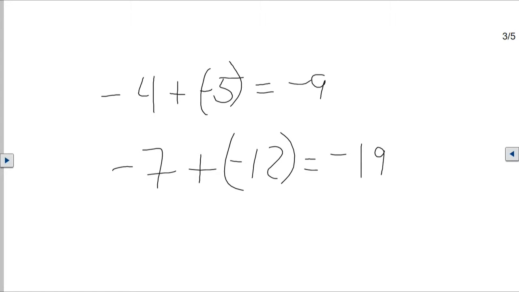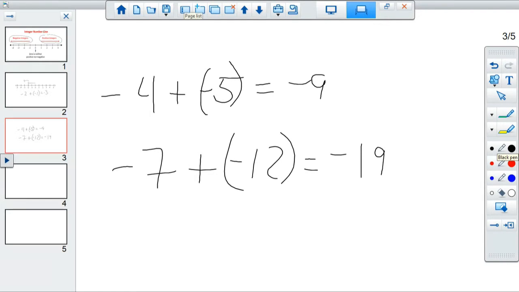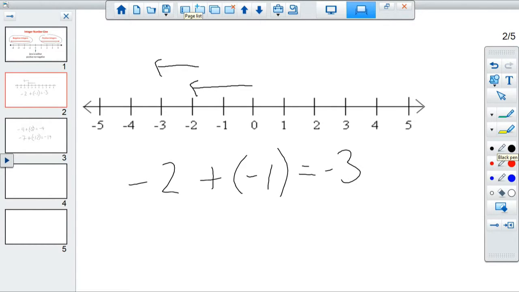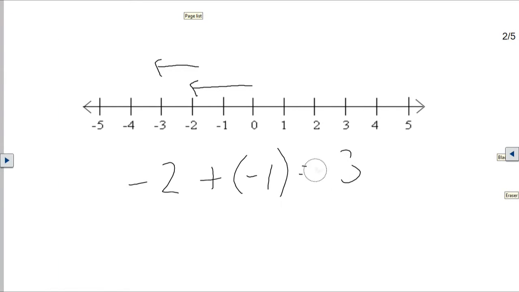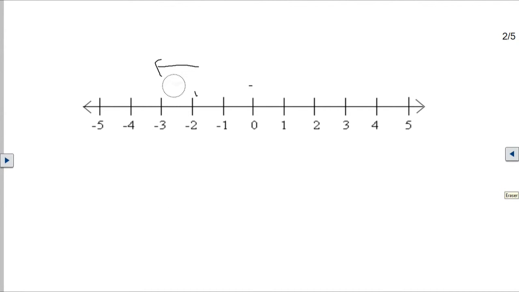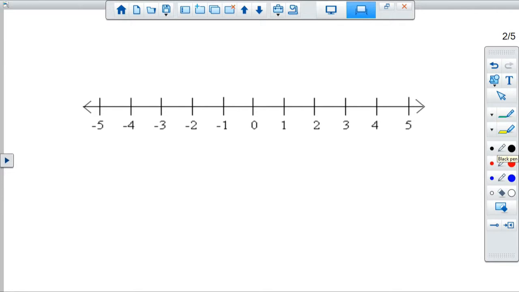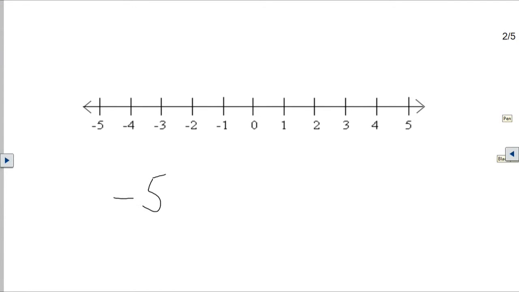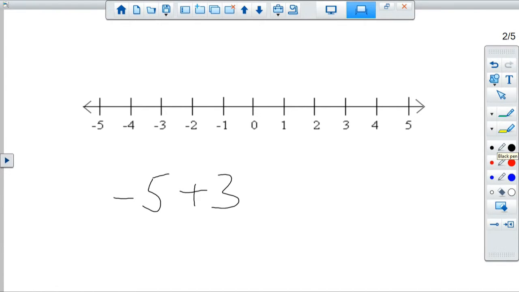Now, if we add a negative and a positive, okay, that gets a tad bit trickier. Let's go back to our number line here. Let me get rid of these. So if I want to add a negative and a positive, it gets a little bit trickier. All right, so let's say I wanted to add, for example, a -5 plus a +3. So in terms of my movements on the number line,